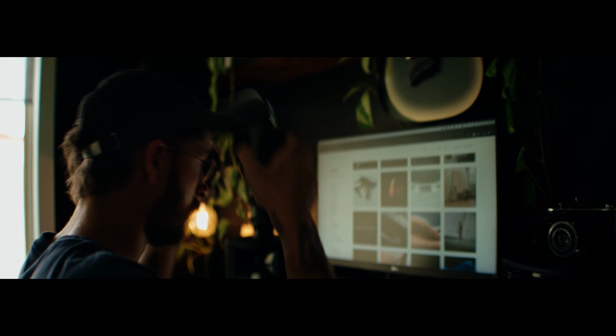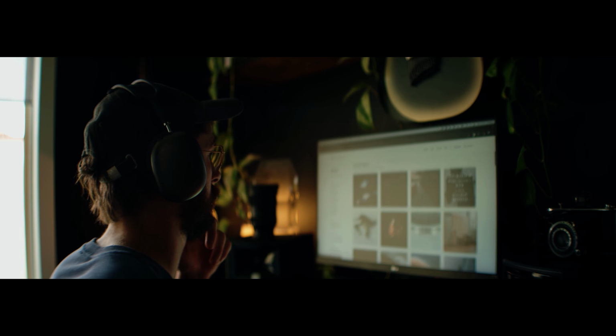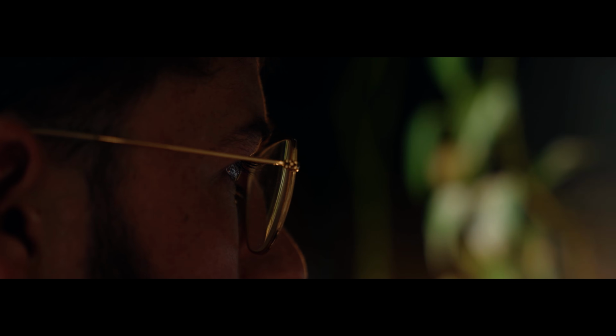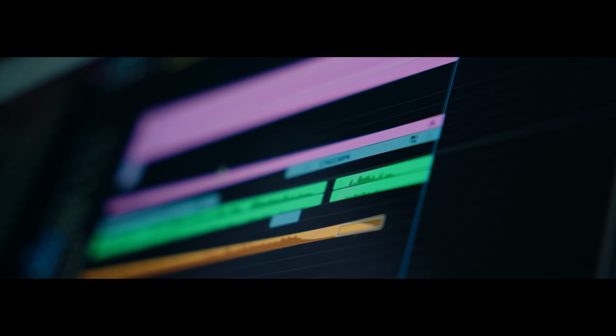Now, I don't know what their composers are doing there, but they are creating some seriously wicked stuff. And you can tell that they are really passionate about filmmaking and about scoring filmmaking, because some of the stuff on Lens Distortions is the best I've ever seen. They do have sound effects as well, which is quite cool, having both of those coming from the same platform. Now, all of my favorite assets from Lens Distortions are in the description. You can check out the link. There's like 20 or something of my favorite assets, both music and sound effects, you can go and check out.